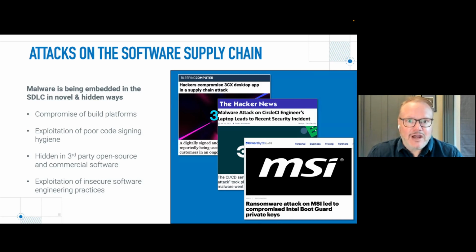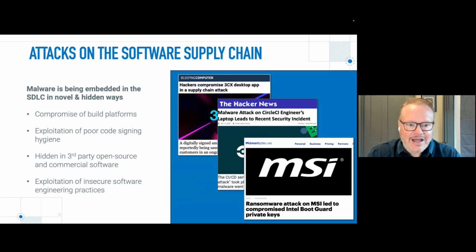We've adapted to those kinds of attacks, and now we're seeing that attackers are looking at different and more novel ways. Just going back 2 years to SolarWinds, I'm sure everyone on this call has heard about SolarWinds, but we're starting to see very novel, very hard to detect, very hard to prevent kinds of